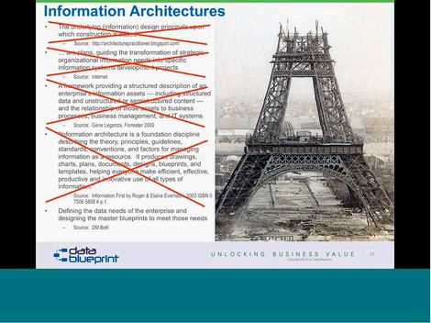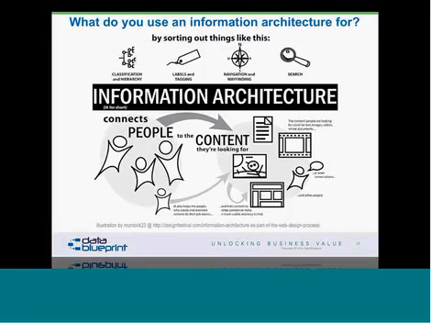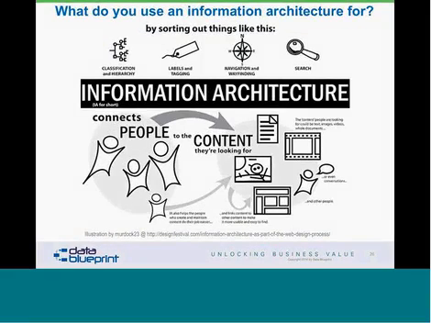Even our DMBOK has a little bit of a challenge. It says that information architecture is for defining the data needs of the enterprise and designing the master blueprints to meet those needs. Now, there's a bunch of grumbling from Peter, and that doesn't help you really out in all of this. So if you're having trouble in your organization articulating what it is, one of the things I urge you to do is